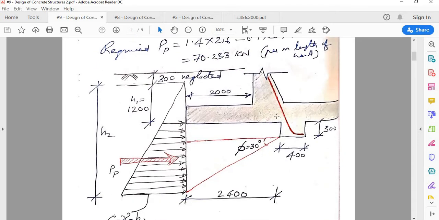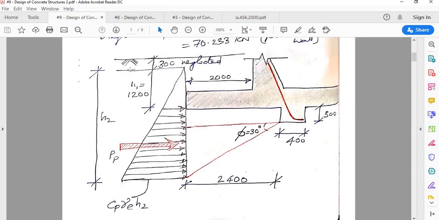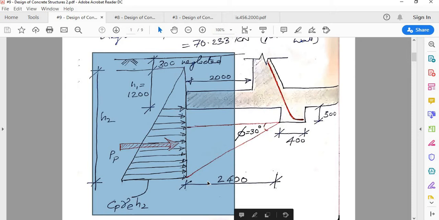So just like the last problem, we assume a shear key, and we are assuming the same dimension, 300 by 400, and you construct this diagram with the triangular passive earth pressure resistance that is built up due to the shear key, and here you have the phi angle. The location of the shear key is such that the reinforcement can go all the way down. So this is 2 meter, so you have to have maybe 2.4 meter. Now you can be a little here and there with this number, no need to be too stringent, okay. Anyway, so this is our triangular passive earth pressure diagram.